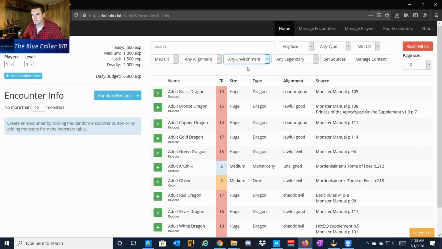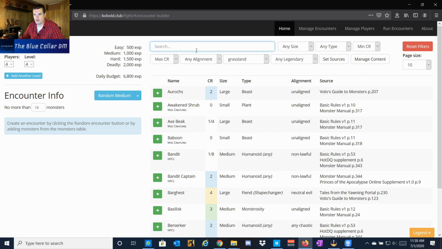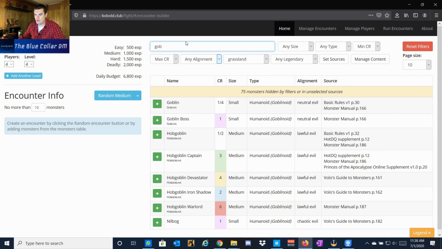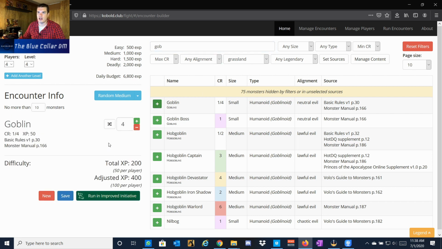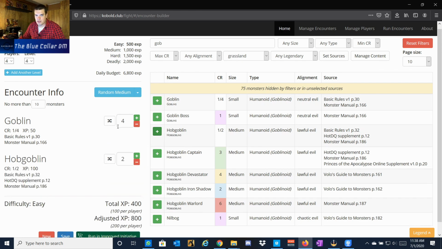So say we're in a grassland area, and let's say we have some goblins. Goblins would make sense in a grassland area because there's always a bunch of them around. They live pretty much everywhere they want to be. They can live pretty much anywhere. That's a good way to make characters that make sense for the environment. And maybe they're working with some hobgoblins, because hobgoblins typically have reign and influence over goblins themselves, usually, and other